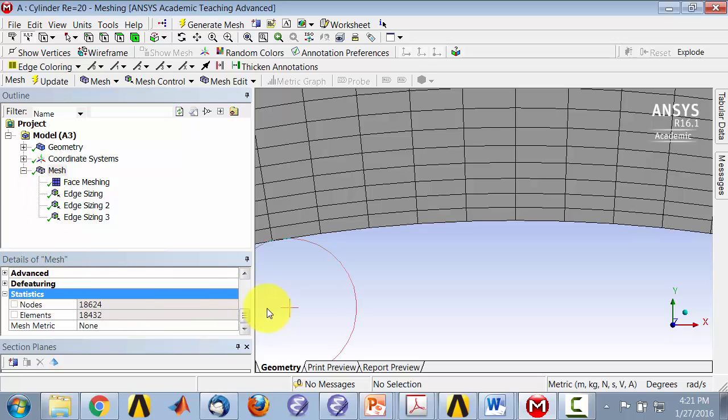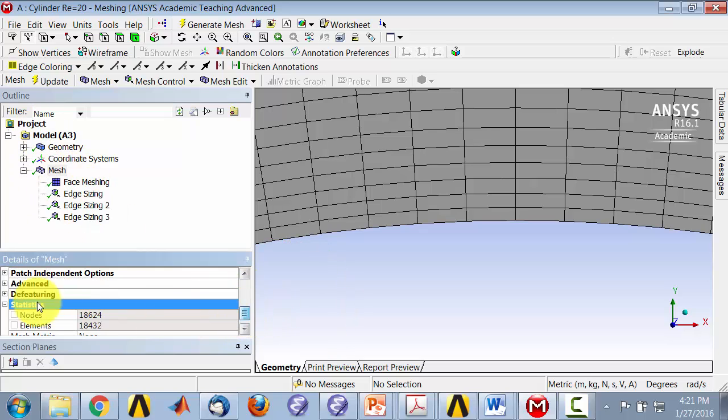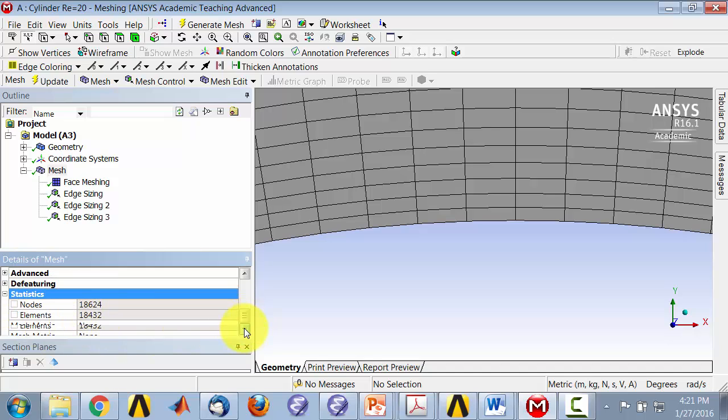If I highlight mesh in the tree and go to statistics and expand statistics, I see that the number of elements is 18,432. That's the number of cells. In finite volume, you would call those cells or control volumes. So the flow domain has been divided into 18,432 control volumes. And the solver will calculate